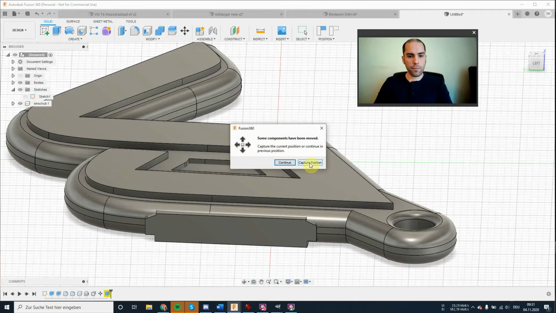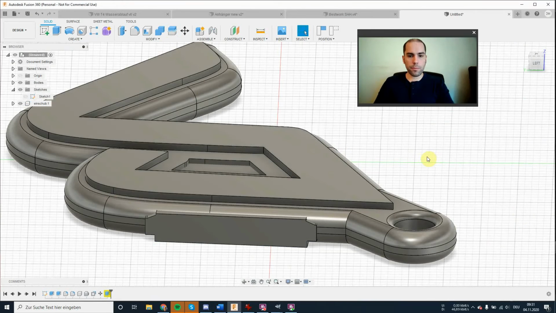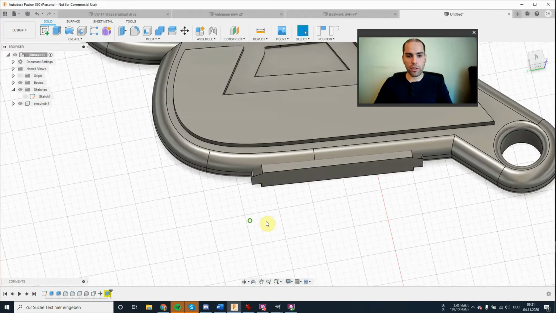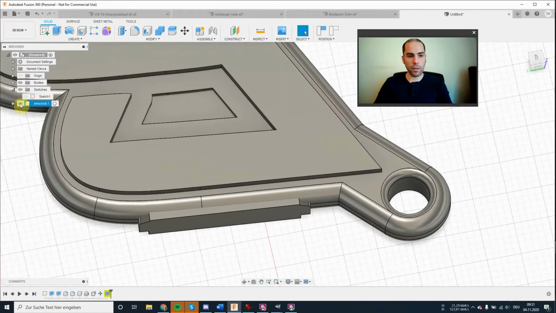And now keep in mind that these two objects are not combined. They are not one object, they just overlap. So I could disable this one, and they still exist as separate objects.